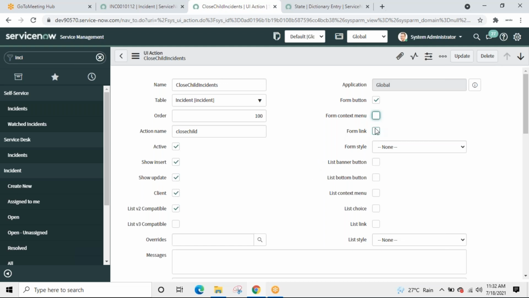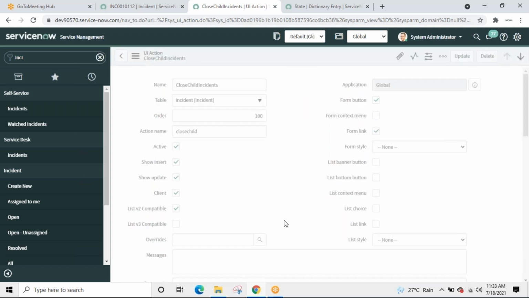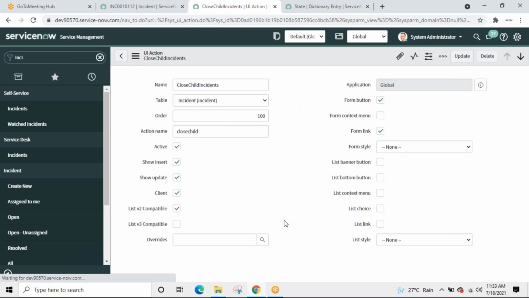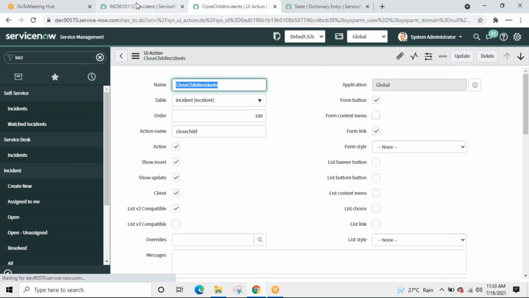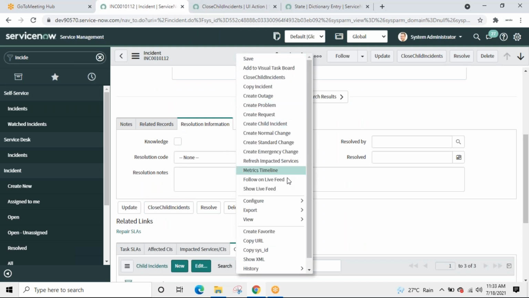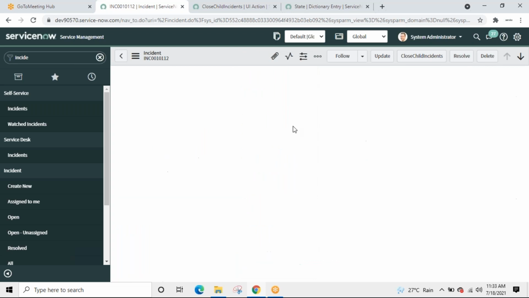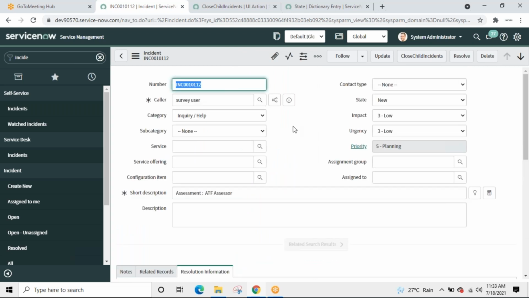and form link. Let's see, where does it display? Reload the form because we did the changes. Where is reload option at the end? Form link.